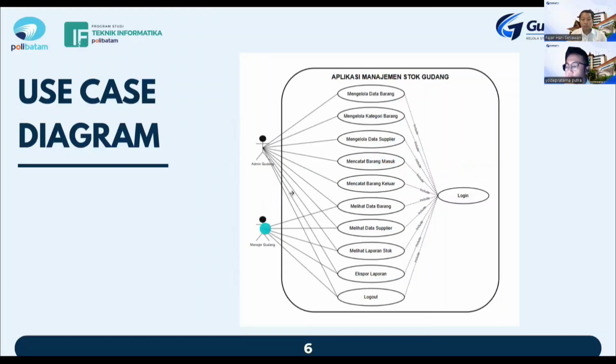And the manager Gudang can view item data, supplier data, and also see the stock reports. But both admin Gudang and manager Gudang can export the reports.